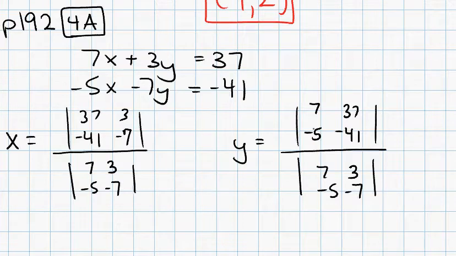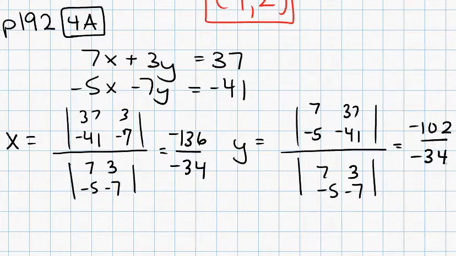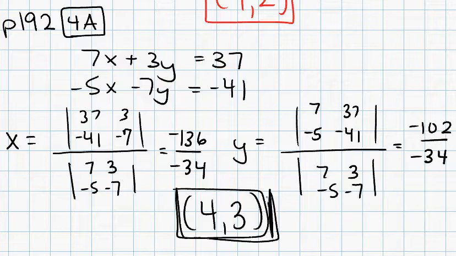I didn't multiply these out correctly, but you should get -136 over -34 for x, and you should get -102 over -34 for y, which makes your ordered pair (4, 3). So if you could do that, then you should be able to set up a 3 by 3 determinant for us. So let's look at page